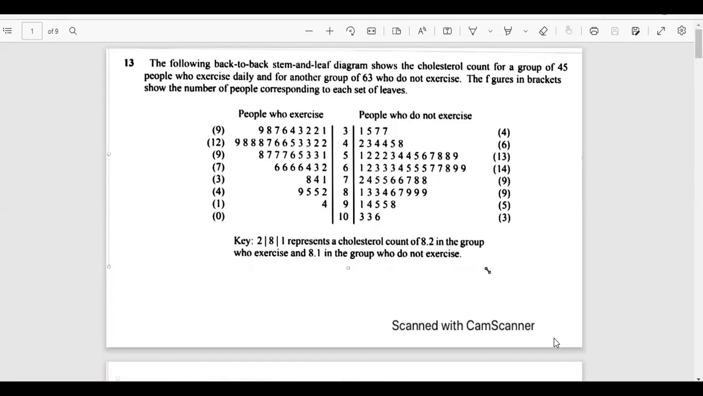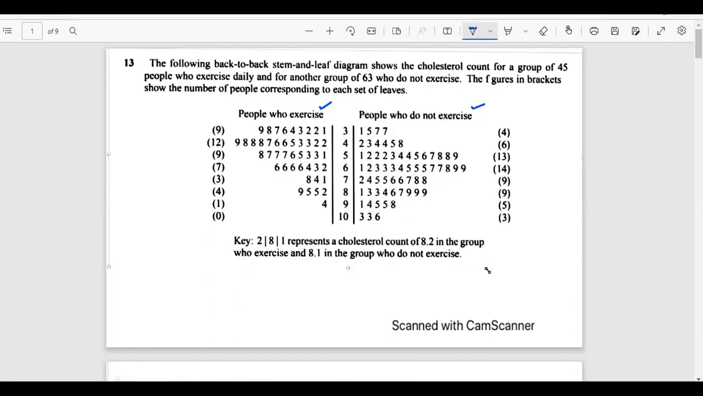So yes, I will just add the comments. All right, okay. So this is for people who exercise, and then this is for people who do not exercise. Okay, let's look at the key. There's no point in reading all the scenario. Let's look at the key. So key says